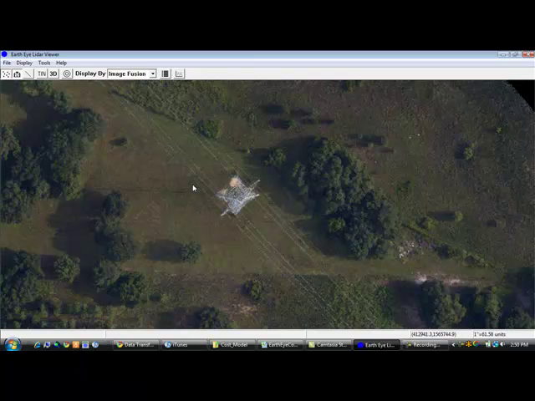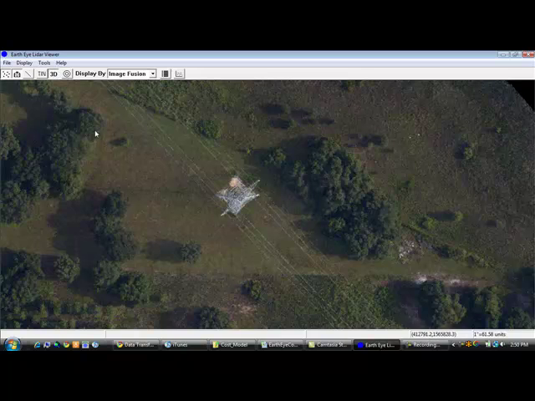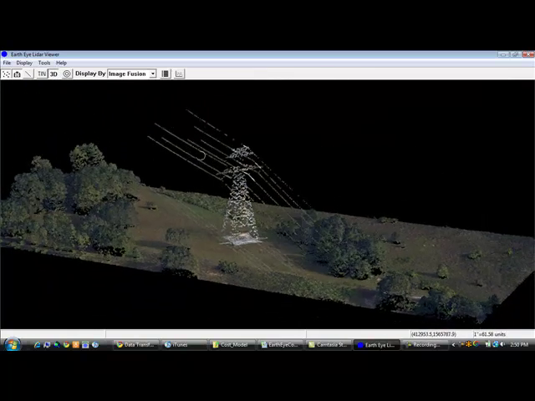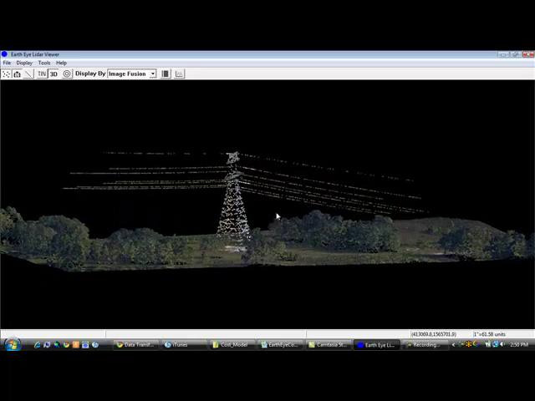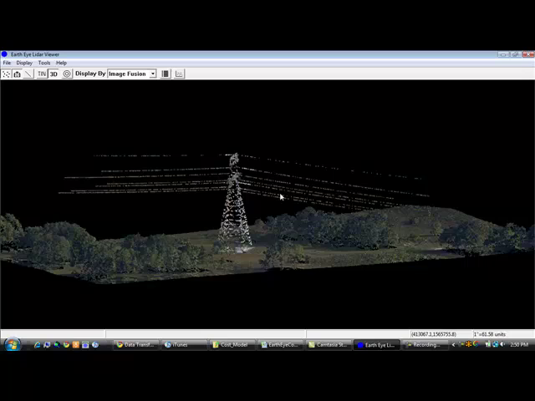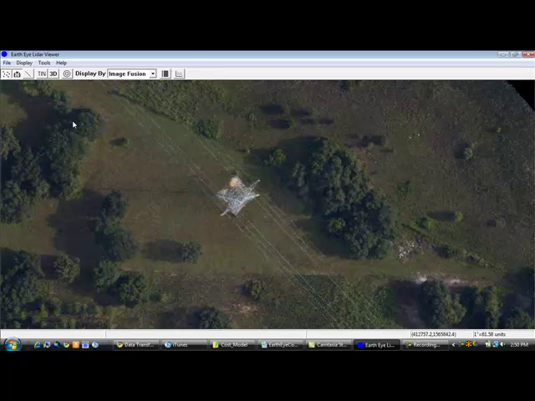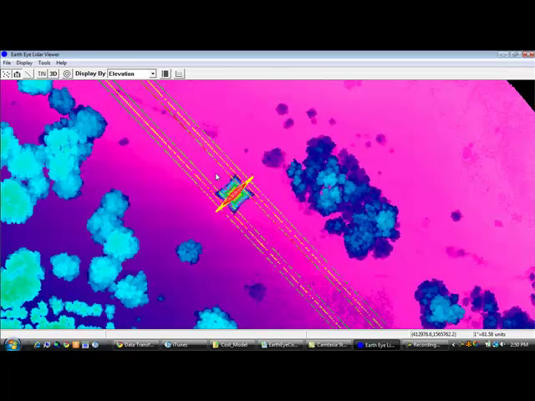And we can also fuse this data with the imagery, so we can look at it in 3 dimensions, and we're colorizing the actual LiDAR data with the actual imagery pixels themselves. So I'll jump back here and go back to the elevation. The ways that we use this data and provide the data to you is using our piece of software here, and it's specifically built to look at LiDAR data,